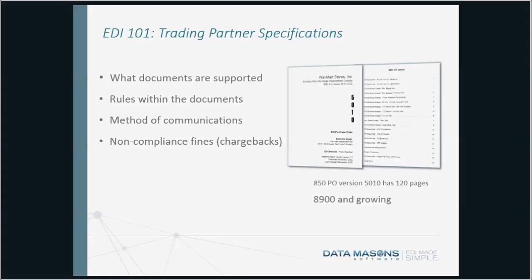Now, in this particular picture, I've actually kind of copied off Walmart, and so those of you that have looked at a purchase order, it's not really too complicated. There's ship to, ship from, line item details, and some other information. But for Walmart, and quite frankly for other accounts, it takes 120 pages to describe how to facilitate a purchase order. And so times that by the number of documents that you're doing with Walmart, times that by the number of business partners that you're trading with, and EDI can be a little bit of intimidation